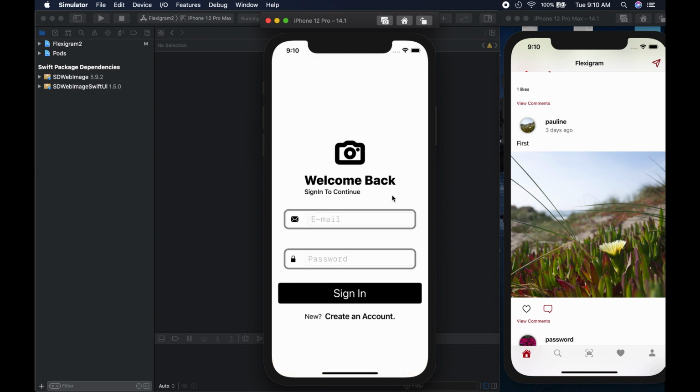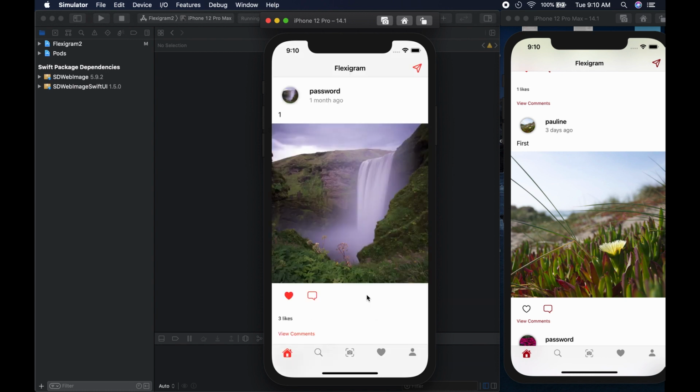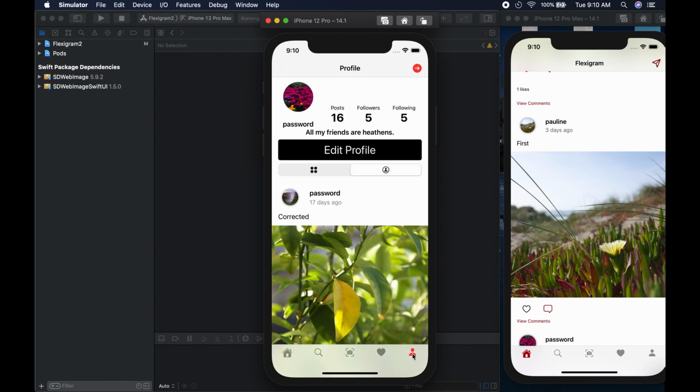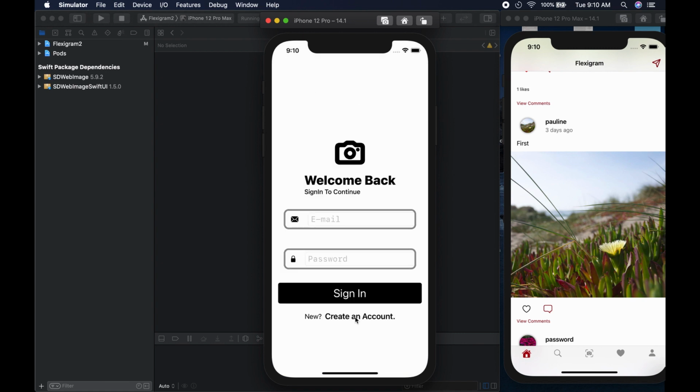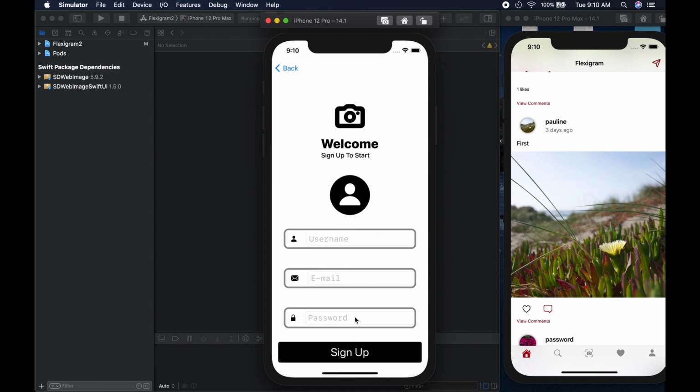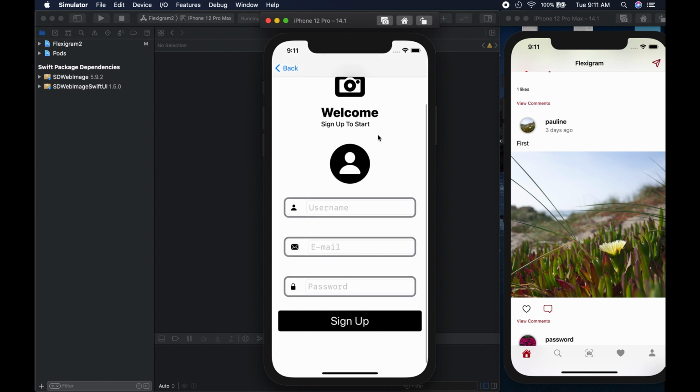So we assume that the user is a user who has an account. So we start off with the sign in page, and you could just fill out your details. You could say password@gmail.com, like so, password, and hit sign in, like so, and immediately you're taken to our main page, like so, right? And if you don't have an account, you could hit create an account, like so, and here you have the option of course,